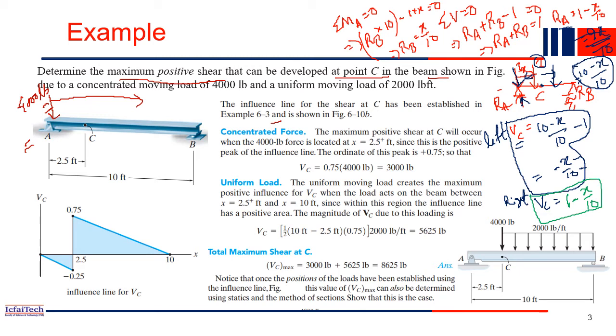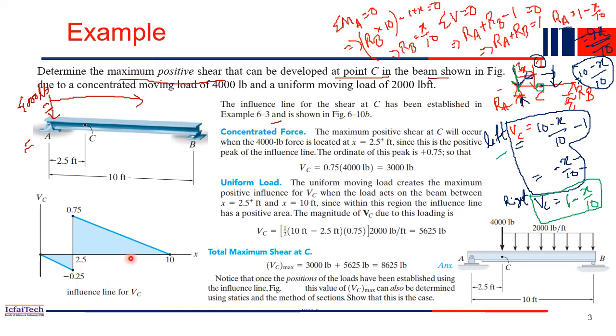of the C. Right. So here to draw the influence line diagram for the C, we have to divide it into two parts. First is when the unit load is at the left side of the C, then this is the expression Vc equal to minus x by 10. So just now we derived this expression. So this expression is when the concentrated load is at the left side of the C. And this next expression is when the concentrated load is at the right side of the C. So we have now two expressions.